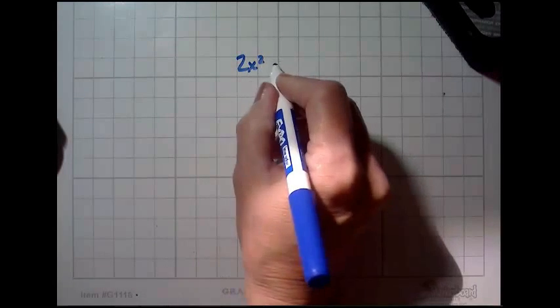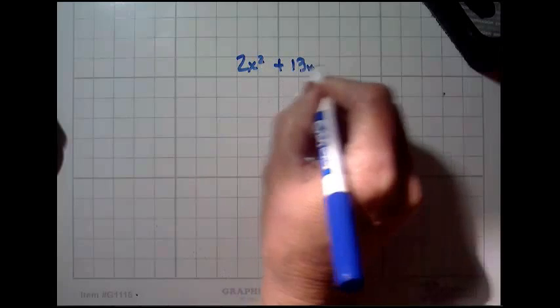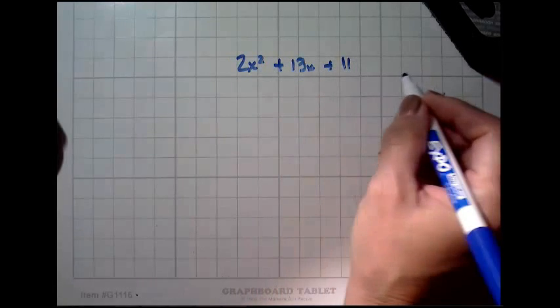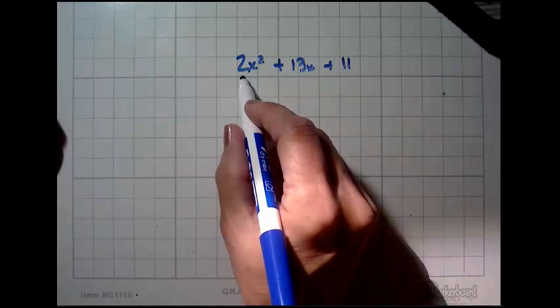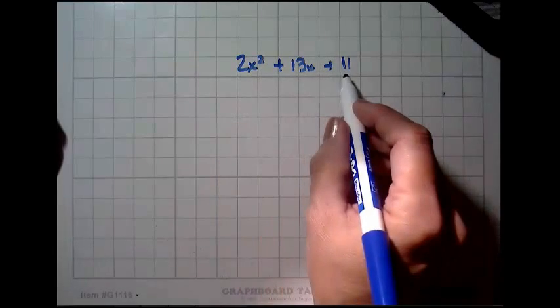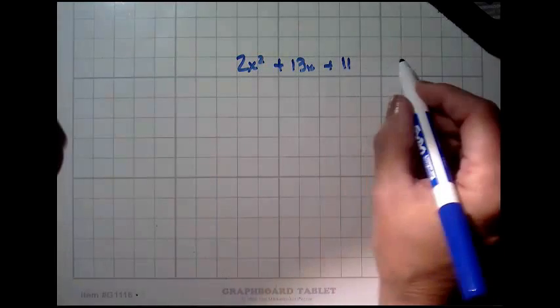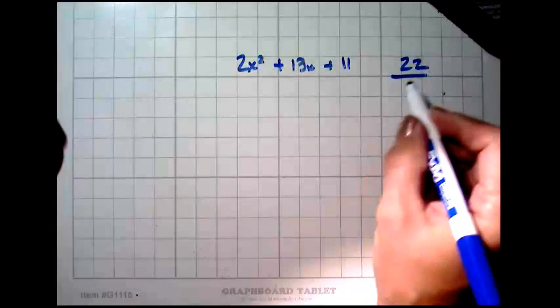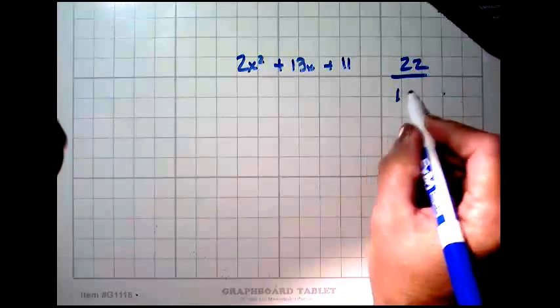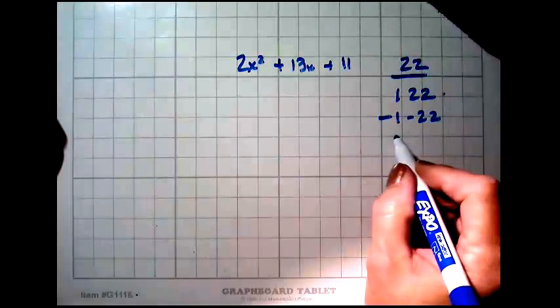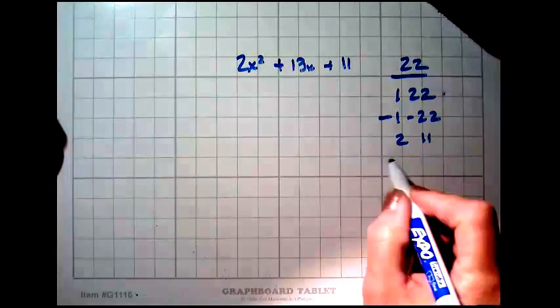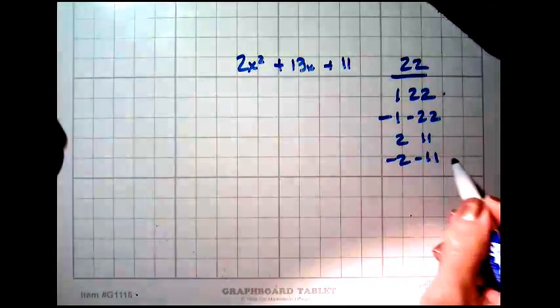(2x squared plus 13x plus 11). So now we're looking for the factors of 22. Why? Because this is not 1, so I need to multiply it by the 11. 1 times 11 is 22, and I'm looking for factors of 22. 1 and 22, negative 1 and negative 22, 2 and 11, negative 2 and negative 11, and I think those